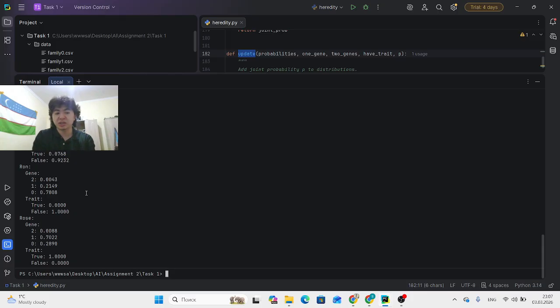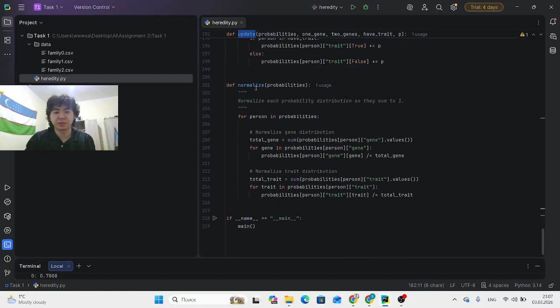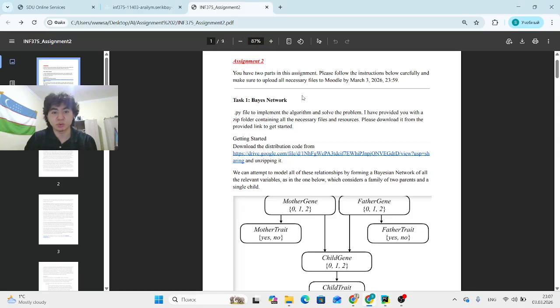And finally, normalization. This normalization ensures the probabilities sum to one. So that was my first task, and let's move on to our second task, and